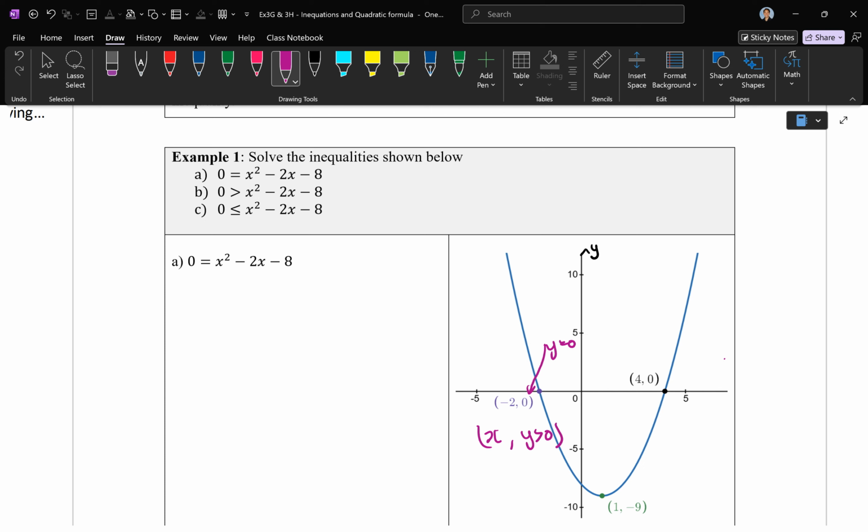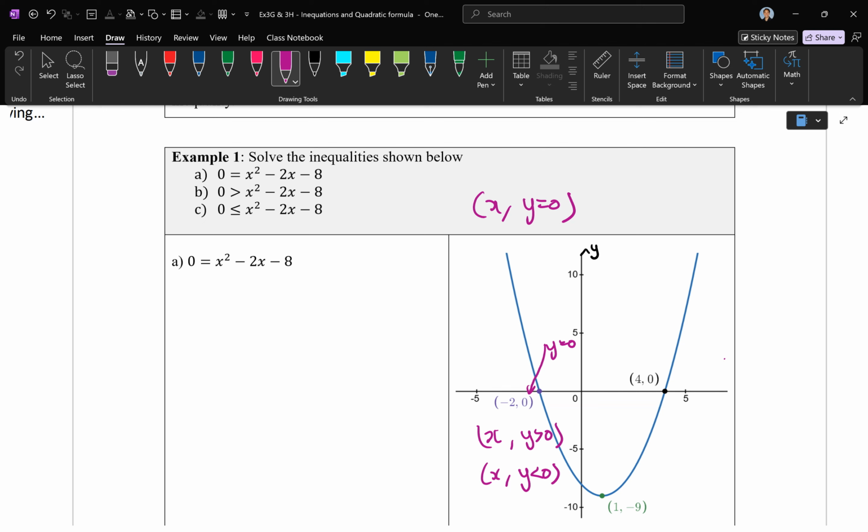Or the other case scenario is, what x value should I put in so that y is less than 0? You're used to figuring out what x value will give you y equals 0, and that's what you've been doing. That's the x-intercept. Every time you let y equal 0, you're solving for the x-intercept because it's literally sitting on the x-axis. But when you're asking what x values I can put into the equation so that the y value is not 0 and not negative, but I want them to be bigger than 0, that's what you're trying to do in